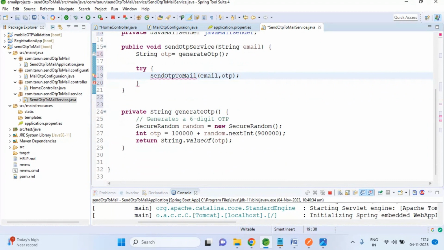Now we need to create that method also here, and if it is unable to create, just add the catch statement,